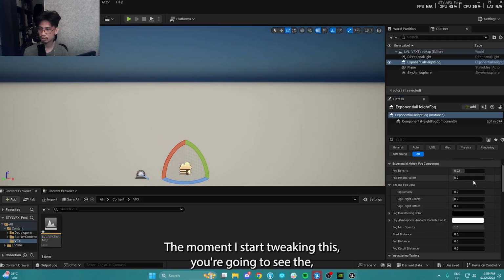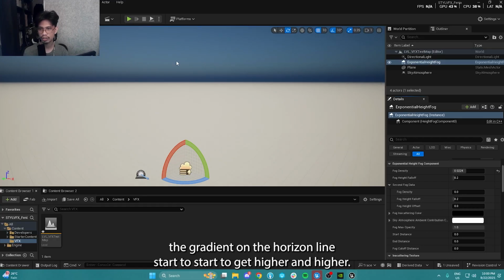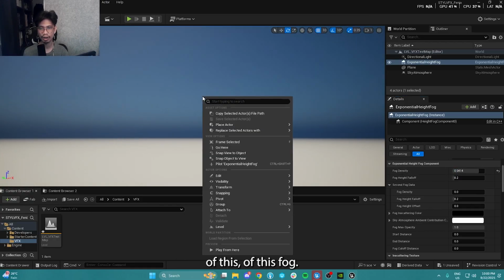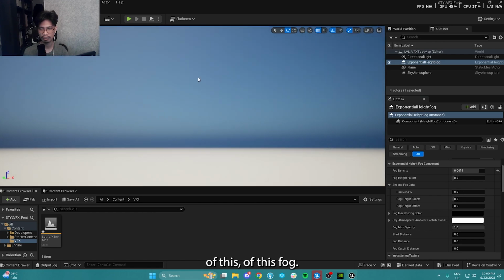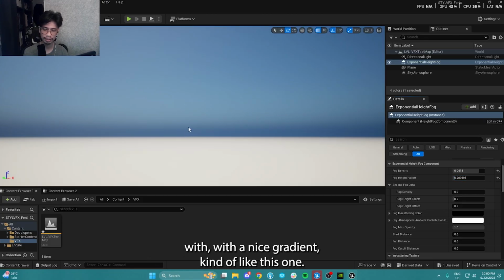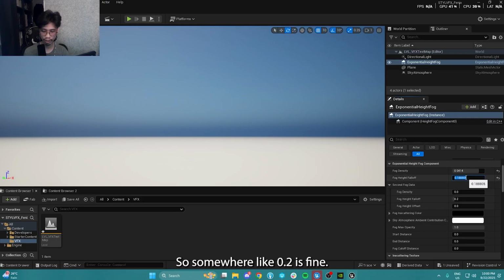The moment I start tweaking this, you're going to see the gradient on the horizon line start to get higher and higher, right? So fog density is kind of equal to the height of this fog. And then height falloff is going to be sort of the sharpness of that transition. So you're going to want a smooth falloff with a nice gradient, kind of like this one. So somewhere like 0.2 is fine,